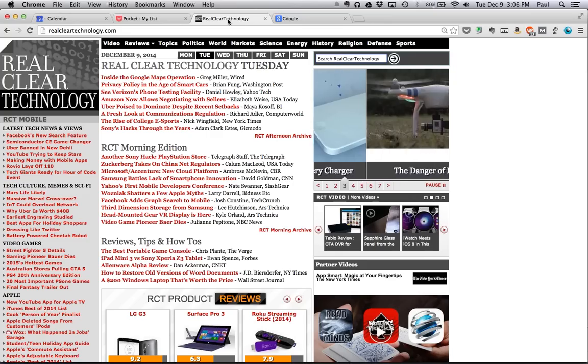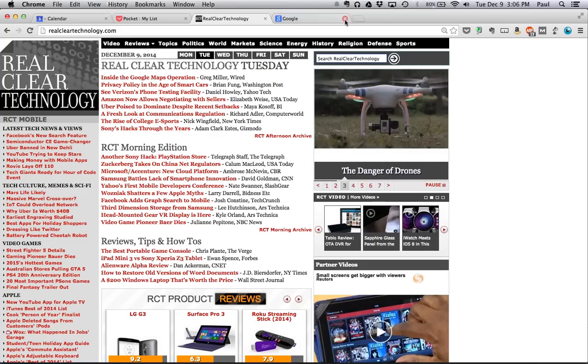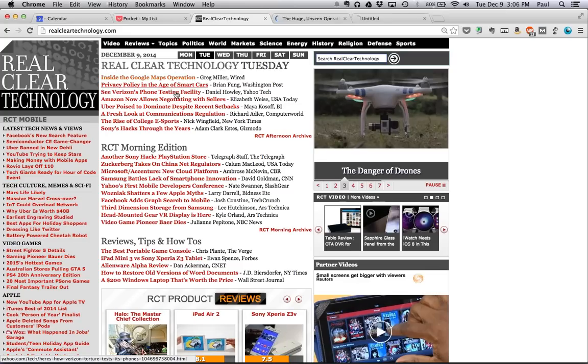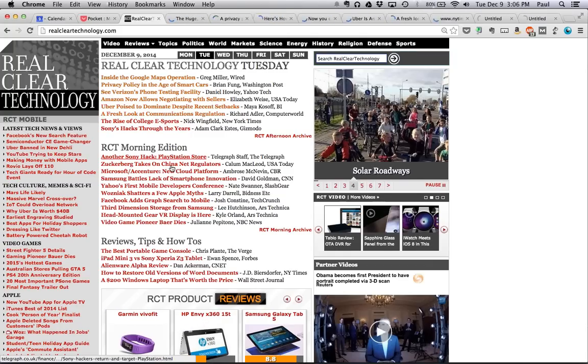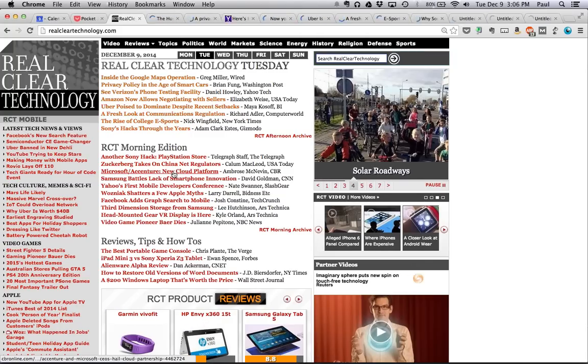Let's say you were on a website, and remember how we talked about opening too many things in tabs? Let's say you started opening a whole bunch of things in tabs. You're like, open this in a tab, open this in a tab, open this in a tab, and you're just getting a little tab happy here. You keep clicking and opening things in tabs, and every single article is interesting here. All of a sudden you realize you've got like 30 or 50 or 100 tabs open.